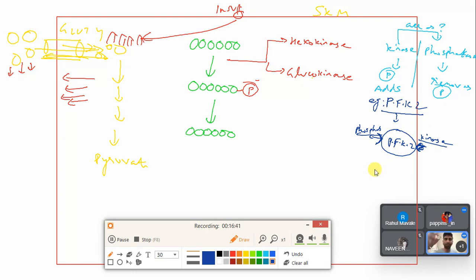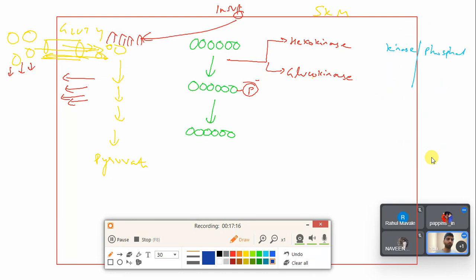It's a part of glycolysis. Most textbooks don't talk about this, but I will, and we'll discuss it in the same pathway. You should remember that there are two things, kinase and phosphatase. As a thumb rule, kinase adds phosphate to the substrate, while phosphatase removes phosphate. There is one exception, phosphofructokinase 2. It can act both as a phosphatase and kinase. I'll tell you when it comes. Okay, now